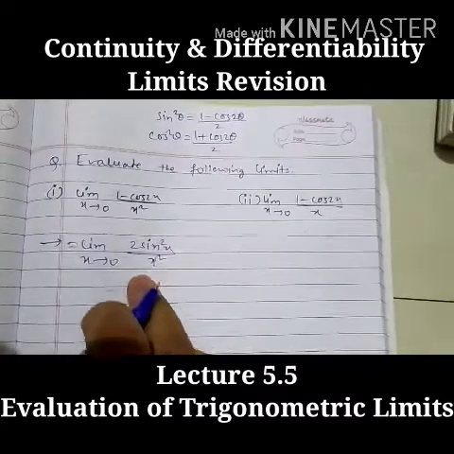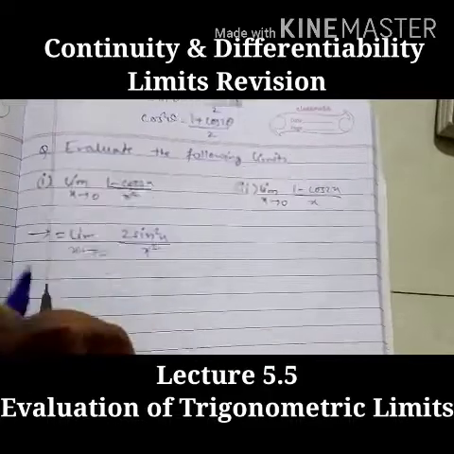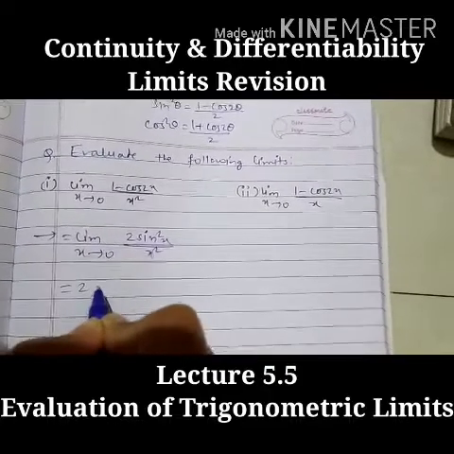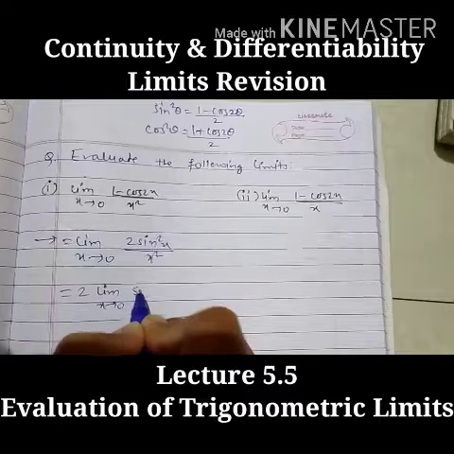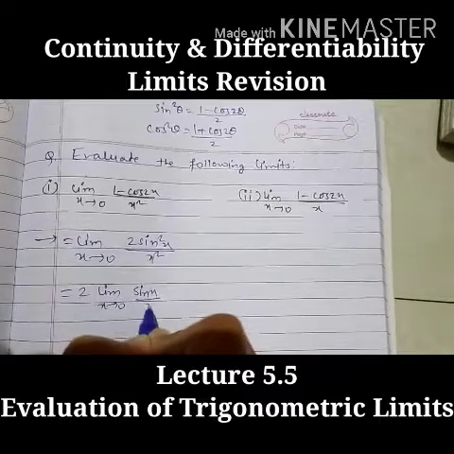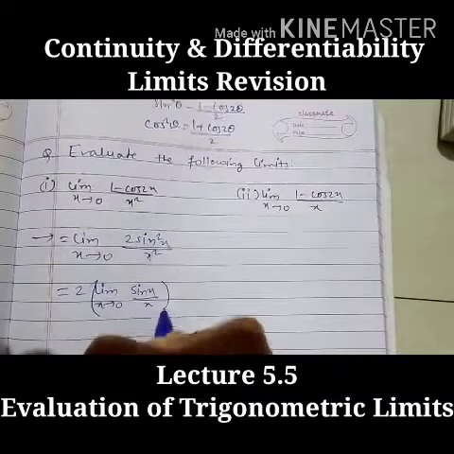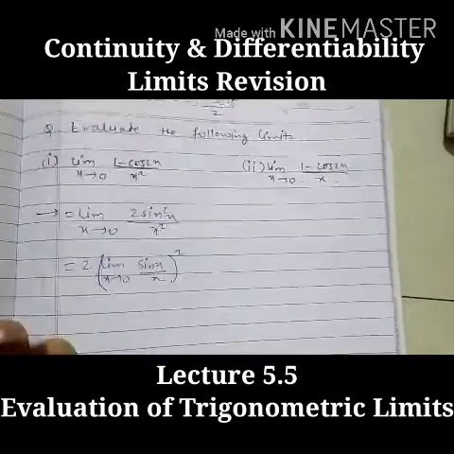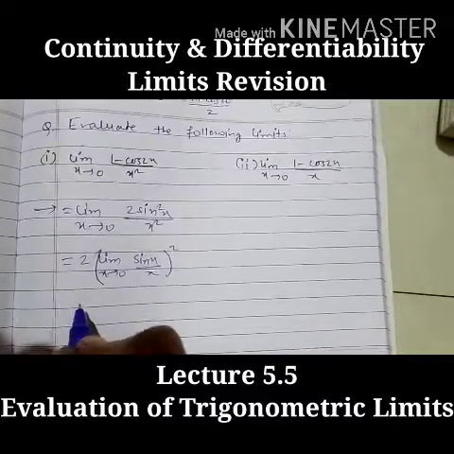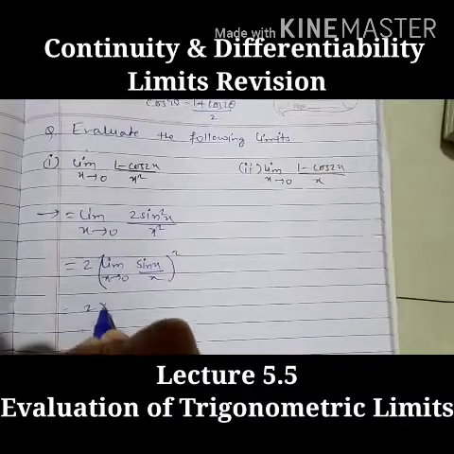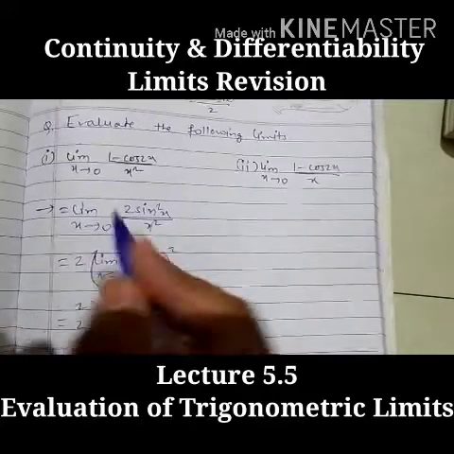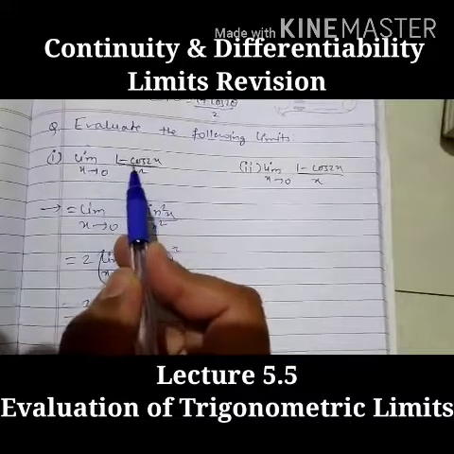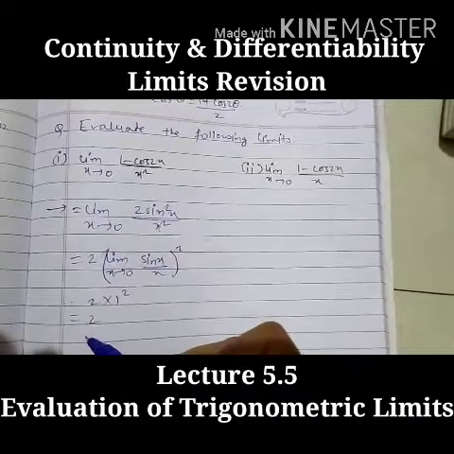So we have seen the examples of sine function. So we'll take this 2 outside. It will be limit as x tends to 0. Can we write this as (sin x upon x) whole square? That limit goes inside, so this limit will be 1. So it is equal to 2 into 1 square, which is equal to 2. Understood? So the limit as x tends to 0, 1 minus cos 2x upon x square is equal to 2.